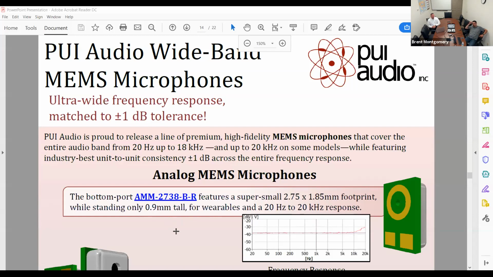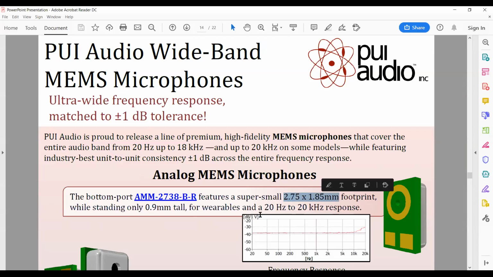I don't know how much smaller you can actually go with the MEMS microphone because you have to account for that diaphragm being a particular size. If you go down in size, that diaphragm gets smaller, and as you get smaller, that makes the diaphragm more fragile. So I don't know how much smaller they're going to be able to go until a new technology is developed. It might be something along the lines of a receiver where you're using more of a speaker and it's a little bit more robust. But I think as of right now, this is going to be about the smallest that we go.